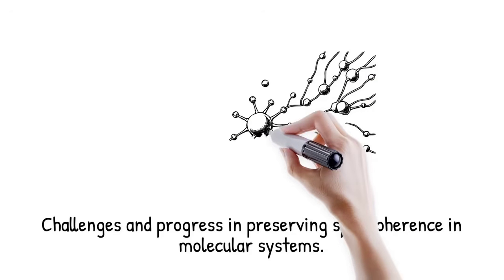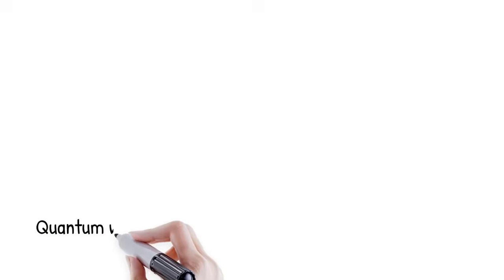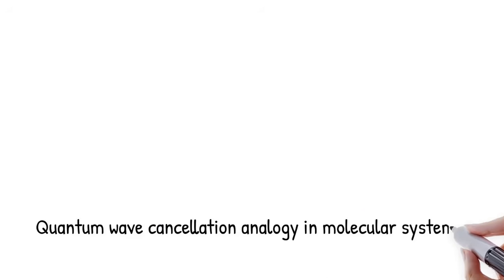A benzene-based molecular junction showed conductance suppression by a factor of 100 when specific anchor positions induced destructive interference. It's like tuning 2 waves in a pool to cancel each other out in one region, creating a calm spot